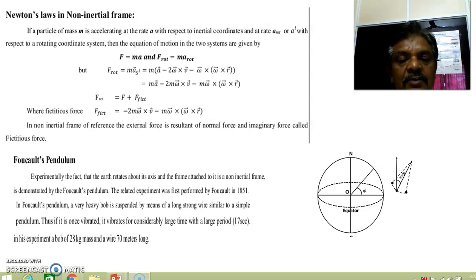As you know, the earth is rotating with a constant angular velocity, and this angular velocity of the earth affects the time period of the pendulum. So the pendulum designed by Foucault is called the Foucault pendulum. Experimentally, the earth rotates about its axis with a frame attached, a non-inertial frame, and this Foucault pendulum is designed with a simple pendulum model, and he explained the time period of the pendulum in